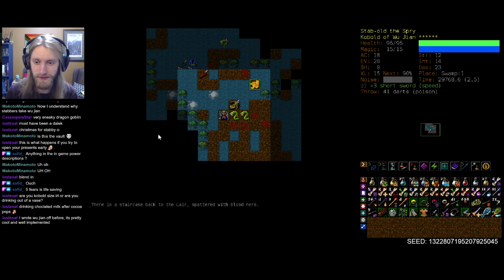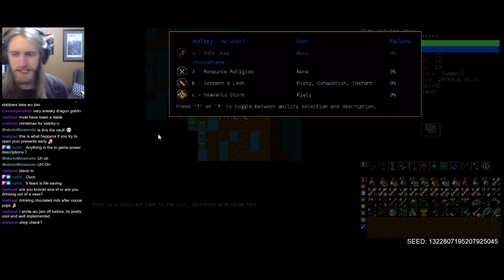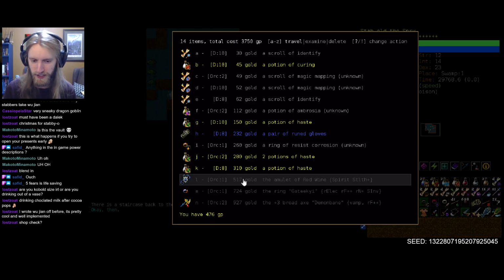Hello friends, apparently you were waiting for me, didn't miss a beat. In that case, let's see. Serpent Slash is free attacks if used correctly here. As long as we're actually taking the movement to get the lunge attack, it is an instant speed slash, so that's pretty huge. Also, shop check is a great idea, up to 476 again,